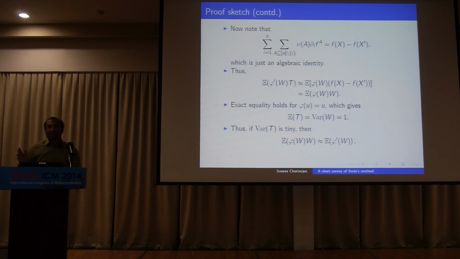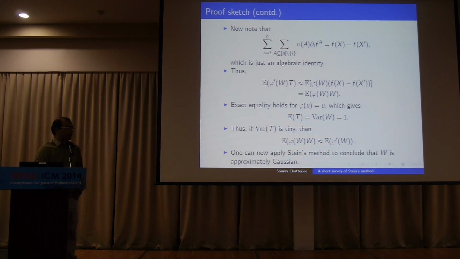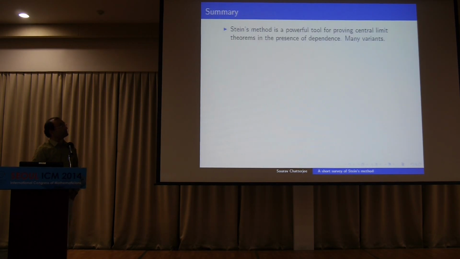So that's the idea. You have an arbitrary function of independent random variables. You somehow cook up this T, which is a sum of influences, in such a way that you have this approximate identity. Okay? And this approximation depends on how small the influences are. If the influences are small, then this approximation is good. And then, of course, if T is like a constant, you know that W is like a normal random variable. So this is the main thing.